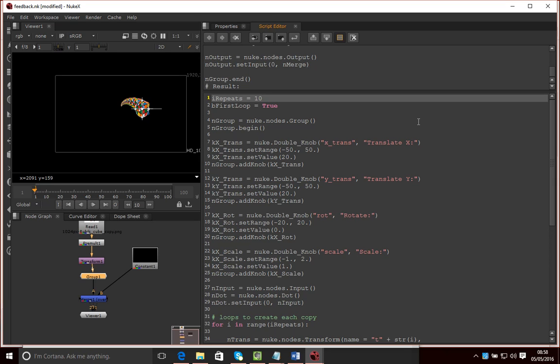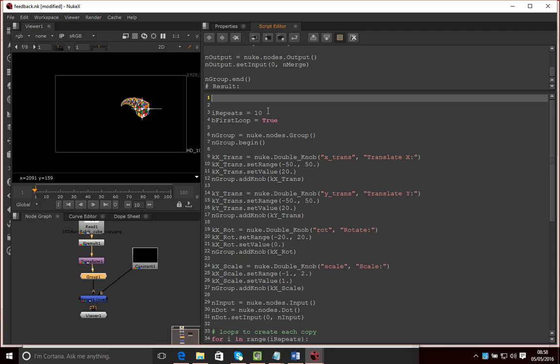So the best solution for the moment is literally to prompt the user and ask them how many loops they want to put in. The way to do that is right at the start of this code, we're going to go str repeats. This is going to be a string of repeats, and the reason it's a string is because we're going to ask the user to input some text, and then we need to convert that text to a number. Then I'm going to go nuke dot, sorry, get input,